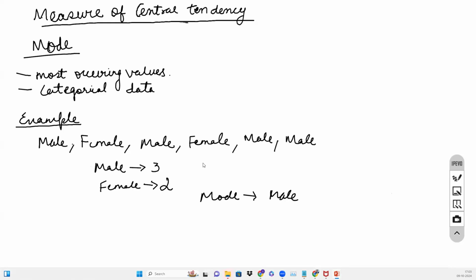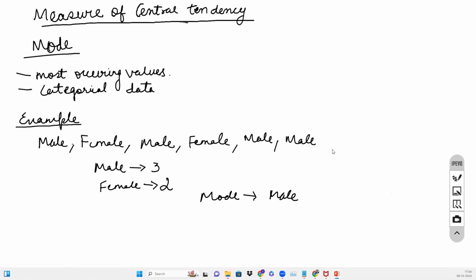The good thing about the mode is that it is resistant to outliers. Because it's mostly used with categorical data, we can also think about something like the number of hours worked in a factory. Let's say six workers work 8 hours, two workers work 3 hours, and 10 workers work 5 hours. Since the count for 5 hours is more, with 10 workers working only 5 hours, 5 hours will be the mode here. So that's how we can calculate the mode, and it's very useful in finding the most occurring value